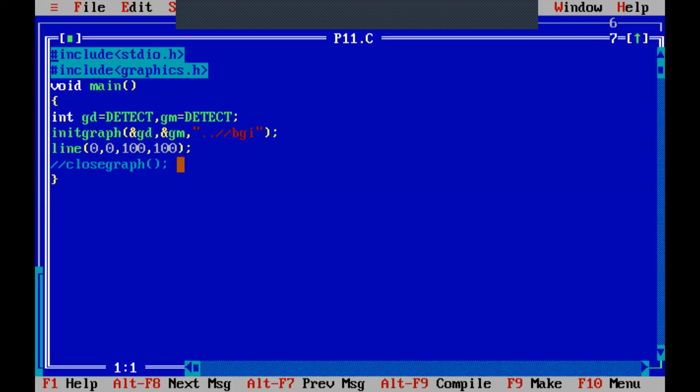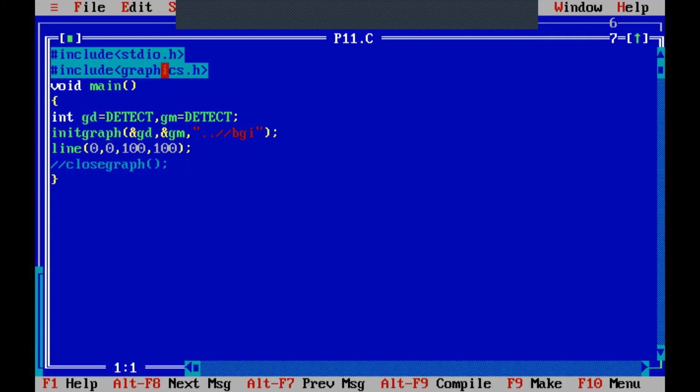So we need to convert the output screen into a graphics kind of sheet, and for that purpose we need the graphics.h header file, which you have to include at the beginning.